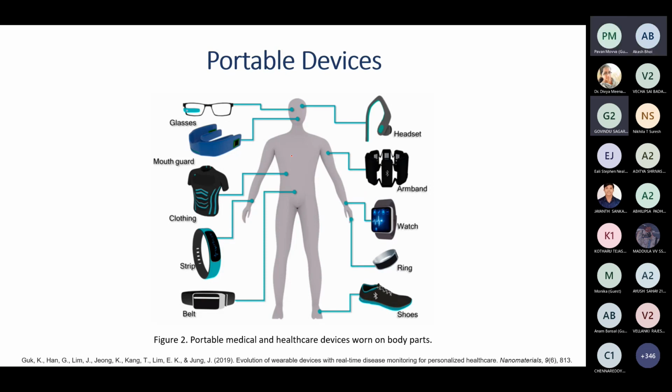So here you can see from early, if we talk about the 21st century, these wearable devices have begun to provide a kind of personalized health services, as well as advanced level of personalized portable devices and sensors. And currently, the portable devices can be classified as wrist, watches, bracelet, gloves, as you can see in the image, heads. The heads, where you can think of glasses, helmets, and when it comes to the body clothes, it can